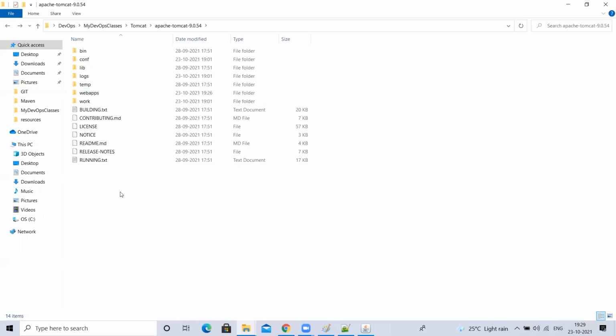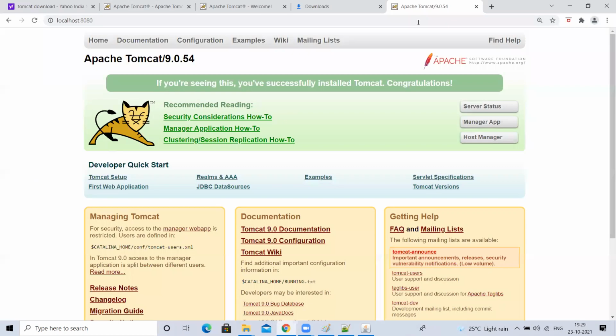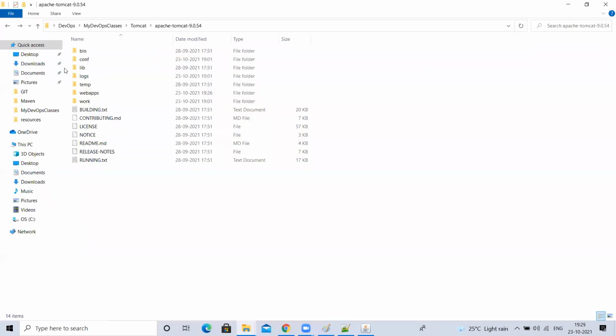But before that, we need to learn one more thing about Tomcat, that is, we can do Tomcat deployment in another way, not only directly copying with Control-C, Control-V, or else through the cp command. In Linux, cp means source as target, destination as the webapps directory of Tomcat. Like that we can copy, but that is not recommended. Apart from that, there is another way of doing the deployment. What is that?